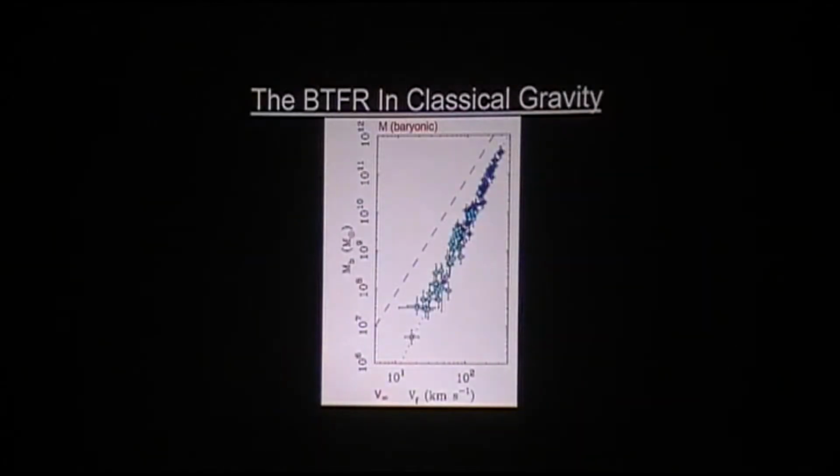So in classical gravity, what would happen is more like this dashed line. Basically, you try and fit some cosmological paradigm to how much dark matter there should be. There should be basically 5 times as much dark matter as normal matter, which if you apply it in a straightforward way, you just get this line. So really not very good.